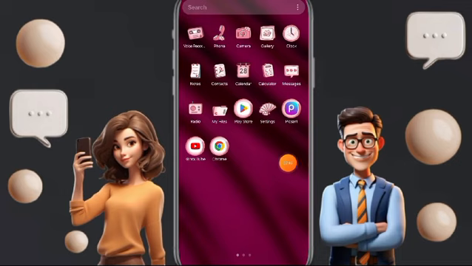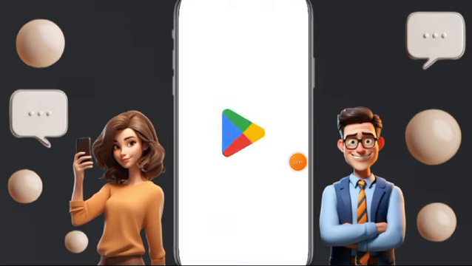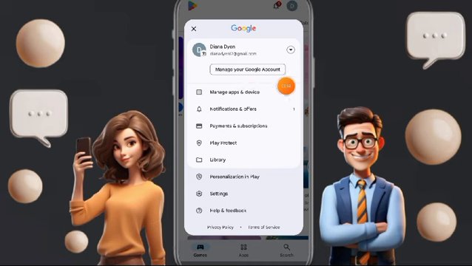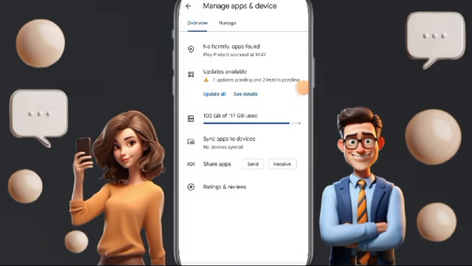Fourth method, you will go to Play Store. You will go to above to this sign. Here you will find manage apps and device. Here in this list you will find updates available,